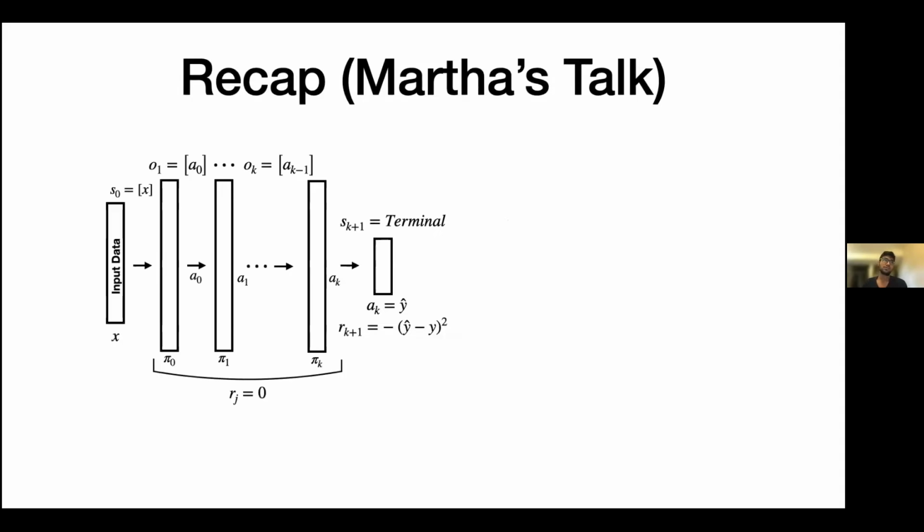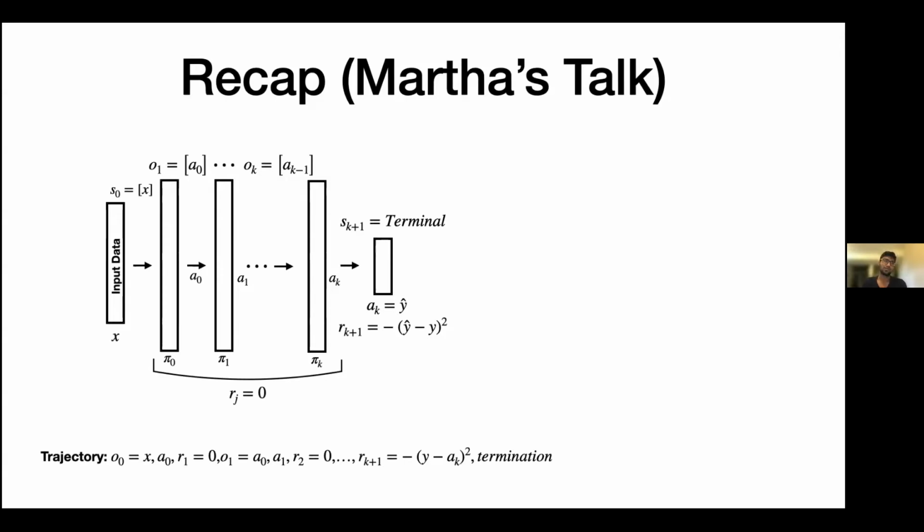So, a recap from Martha's talk. She gave us a basic structure for how to formulate the neural network credit assignment problem as a fixed-horizon, finite-horizon Markov decision process, where at the first step you see an observation, and at each step each layer acts as an RL agent policy, which outputs an action, and that action goes on to be the observation for the next agent. And the trajectory looks like this,